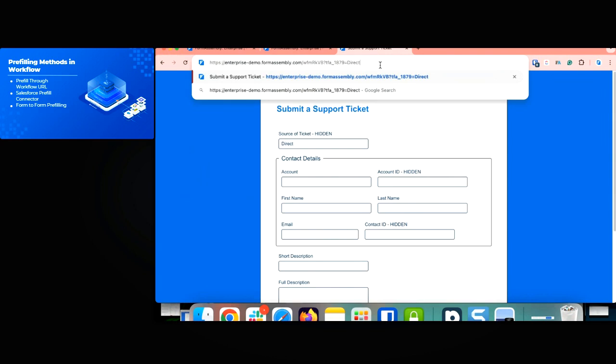So I can use both of those methods at the same time. So we'll just add an ampersand to say, hey, there's something else coming in. And then that unsafe query parameter, which basically says to the prefill connector, hey, pay attention to the data after this, equals. And then I need to get the contact